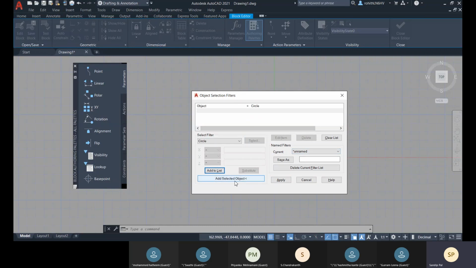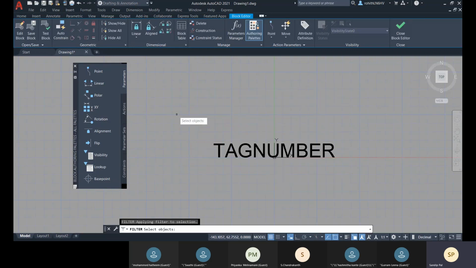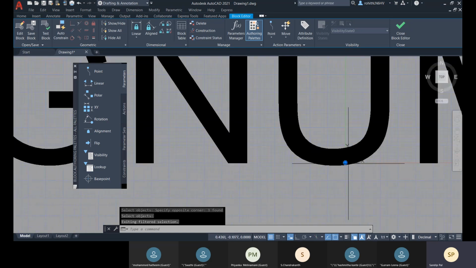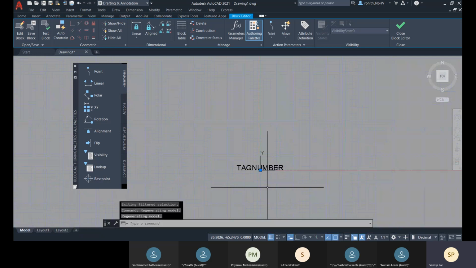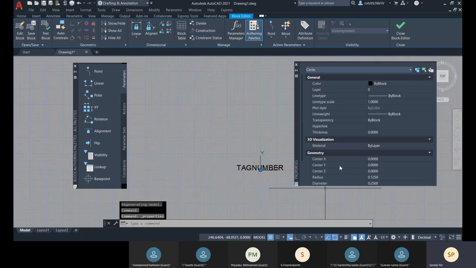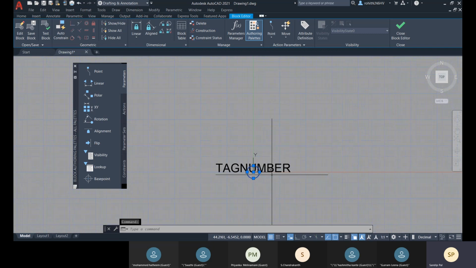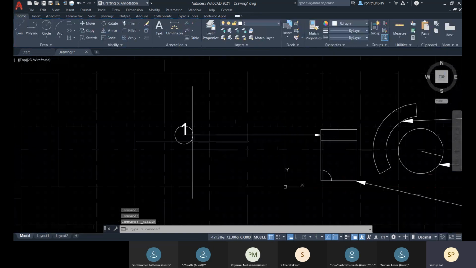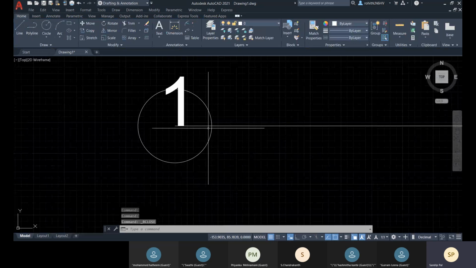List. Line. Now we have selected our circle there, and for the circle, and then the radius. Let me change the radius. Okay. Now let me close this. Save the changes. So now we can see, right?